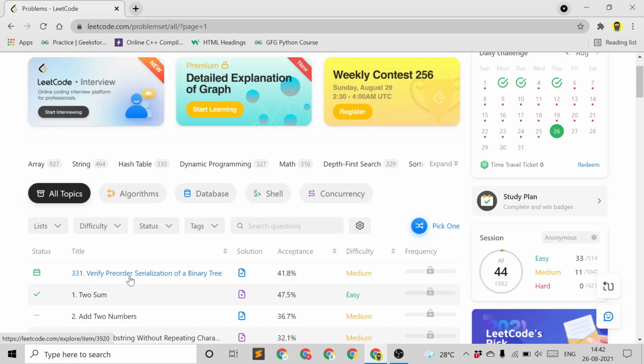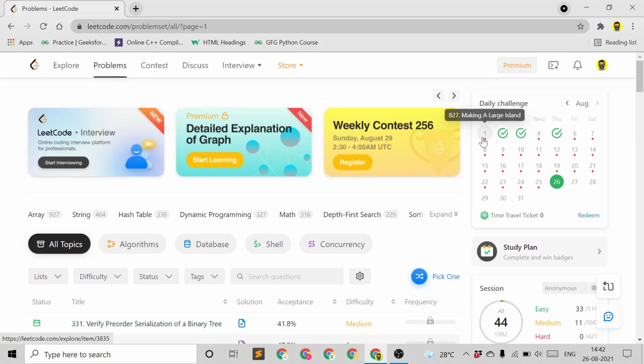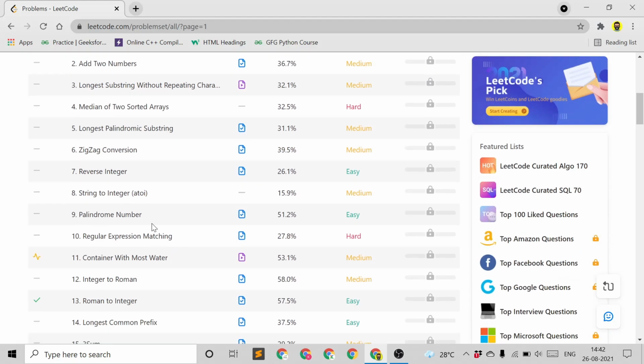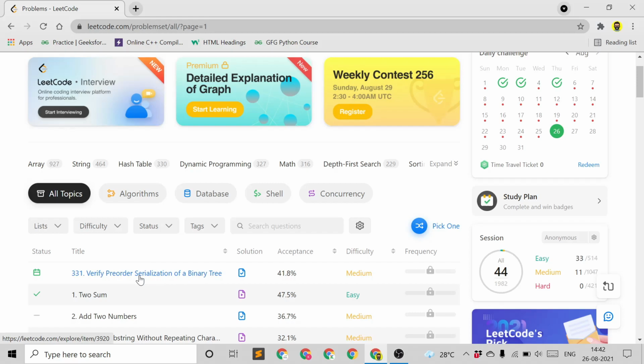If you didn't solve it, then that question will go and another question of 27th will come. And if you solve this question tomorrow, then you won't get that mark or you can't complete the monthly challenge. For completing a monthly challenge successfully, you have to solve the questions from the first till the 31st, and this question you have to solve, not all of these. If you successfully solve this question on a particular day, then it will count towards your monthly challenge.